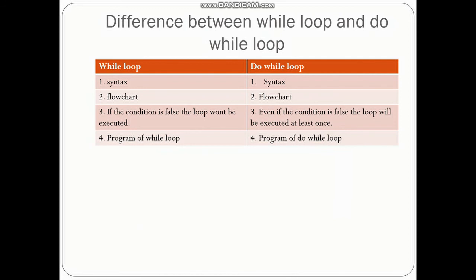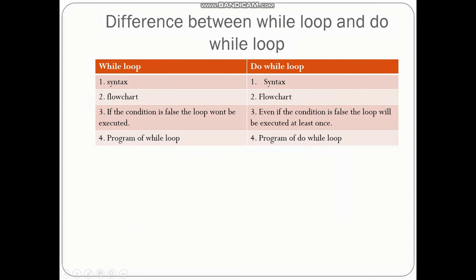Now a very important question is, what is the difference between while loop and do while loop? The first difference is the syntax. In the previous video I have already shared how to write the syntax. So here the first point, you will be writing the syntax for both while and do while. Second, you will be drawing the flow charts, and depending on marks, you can write one small program. Suppose you can write your roll number or name 5 times using while loop and 5 times using do while loop, a simple program.